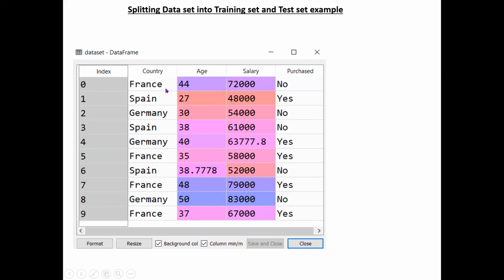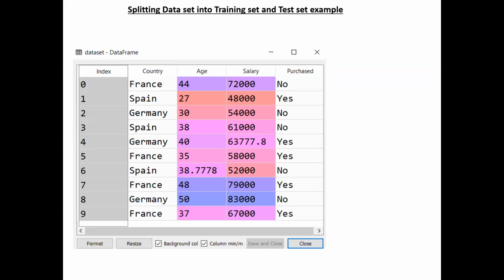So here, what is our task? Based on country, age, and salary, we are predicting yes or no, whether the person can purchase that product or not. So the first task in our machine learning problem is to identify the independent and dependent variables. I already discussed what independent and dependent variables are in previous videos, in video 2 or 3, I think. But once again, a dependent variable is nothing but the variable which we are predicting, or the output variable. So by taking these 3 inputs, country, age, and salary, we are predicting yes or no.